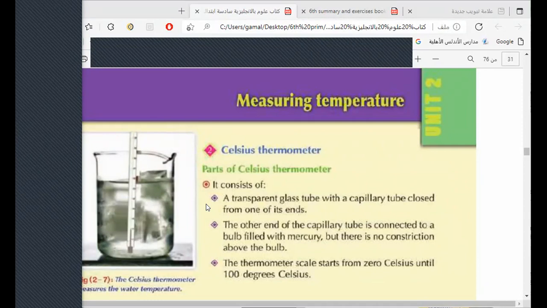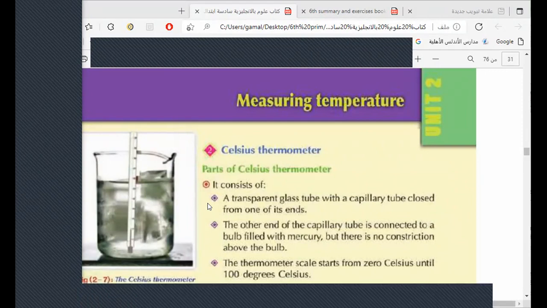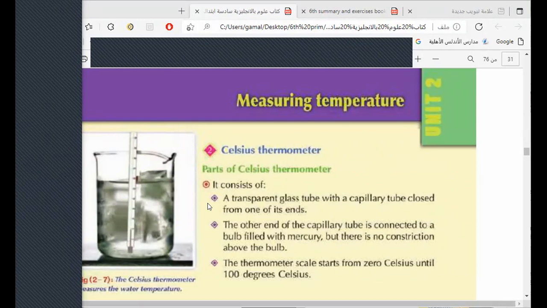We can read the temperature without taking the thermometer out of the water. You can read the temperature although it is inside the water. But with the medical thermometer, you have to take it out of your mouth, then you read the temperature. Okay? So here, the Celsius thermometer doesn't